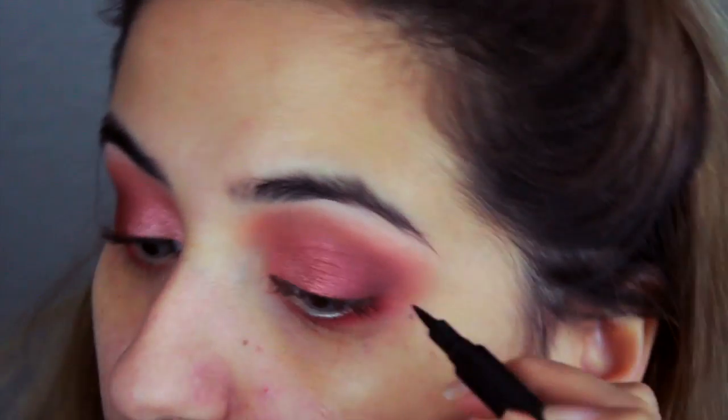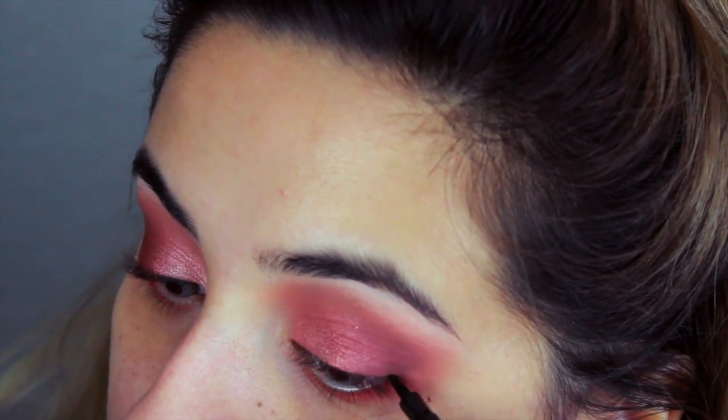So you can take any felt tip liner. I'm an eyeliner fiend, but I'm not on camera anymore. So let's see how this goes. I always like to do the